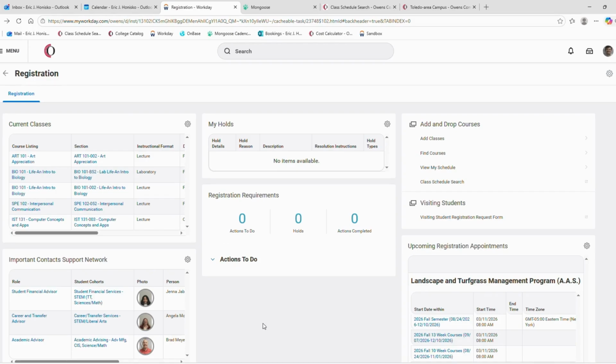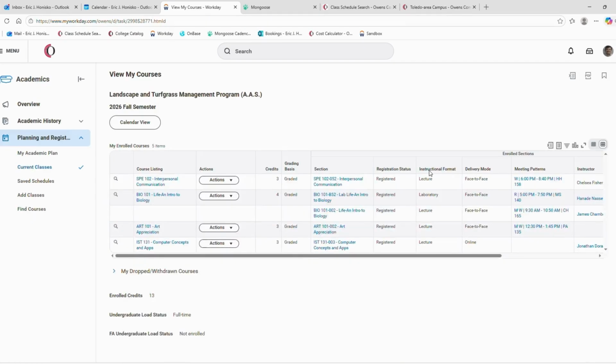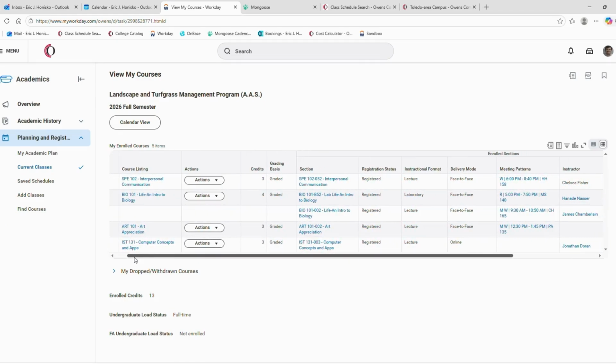This is how you're able to see where your classes are. Make sure you are in the registration section, and you will already see a list of your current classes here. But for easier viewing, under the Add and Drop Courses section, click View My Schedule. You will then see the list of your courses here, and make sure you scroll over so you see the